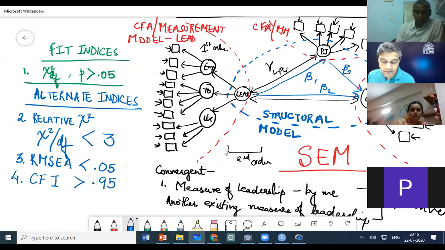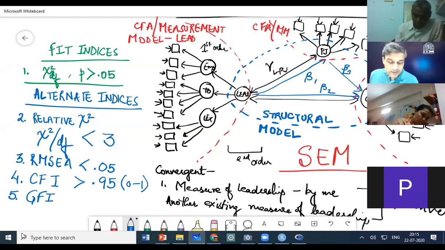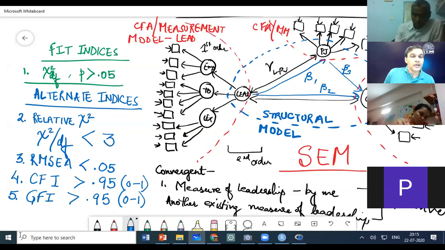It ranges from 0 to 1. The last one is the goodness of fit index. This should also be greater than 0.95, and it ranges from 0 to 1 again. RMSEA can take any value, and we should look for anything less than 0.05.